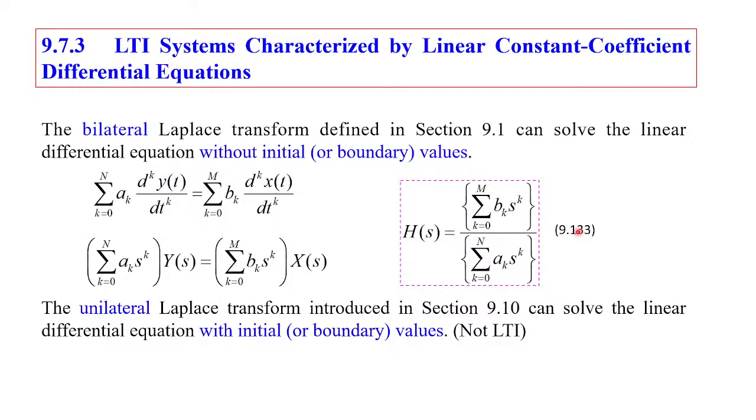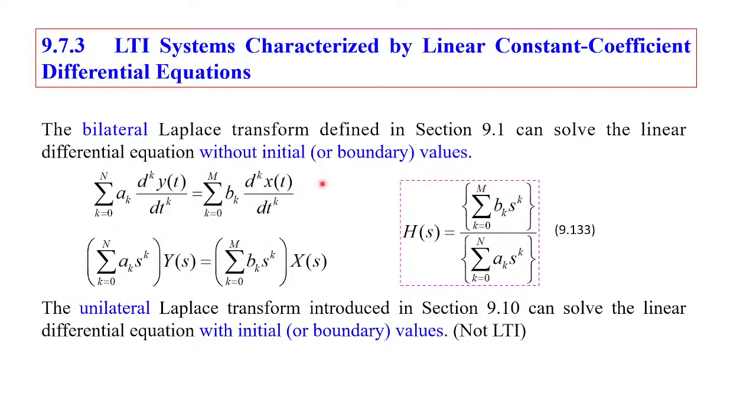Now we are still in the region where it's kind of similar to the Fourier transform. So we can write our constant-coefficient differential equation, which we see many times, and you do the Laplace transform everywhere. Actually, it's called the bilateral Laplace transform, because there is a unilateral Laplace transform that we'll talk about at the very end of the class.